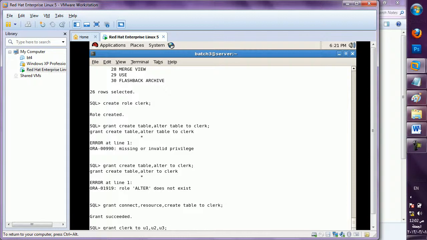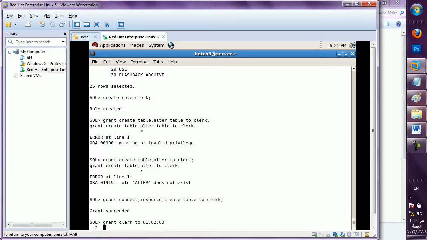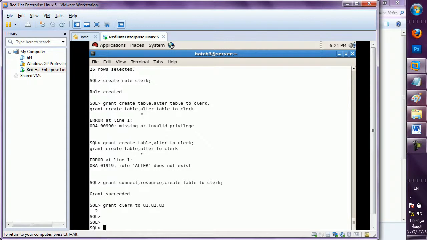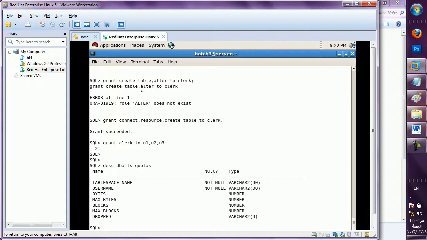And just 2 commands remaining. In the last session, while creating a quota, one base table is there, and the topic we left was how to check the quotas: to which user and which tablespace name the quota was applied, and how much quota has been used.